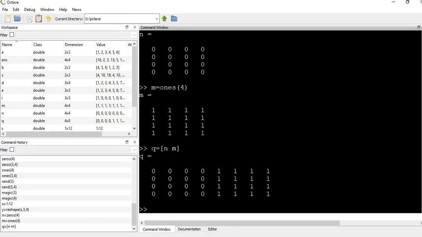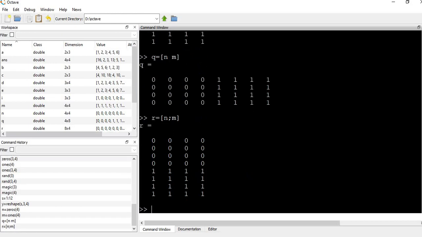You can join them via columns also. Consider R equal to, into bracket, n semicolon m. So it will join these two matrices into a column-wise matrix. Like this, the first matrix, here is the second m matrix.